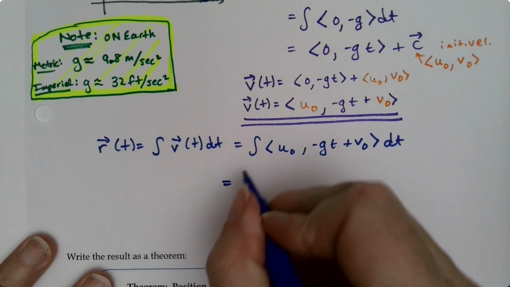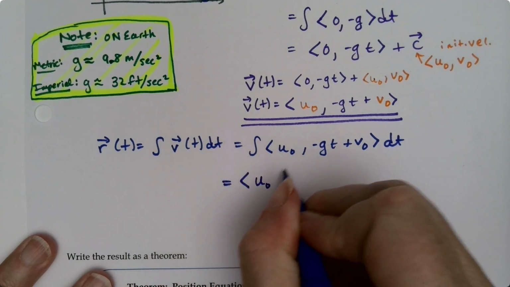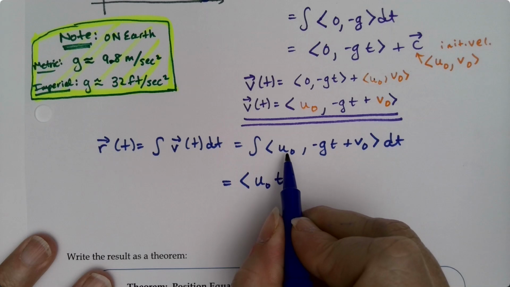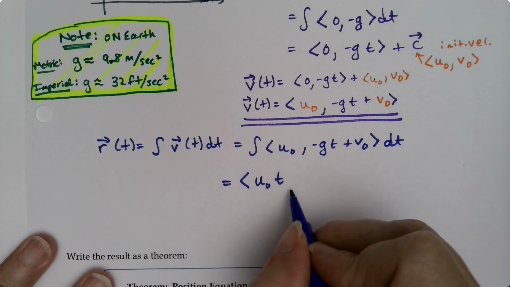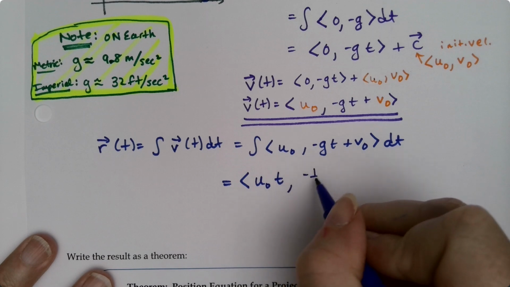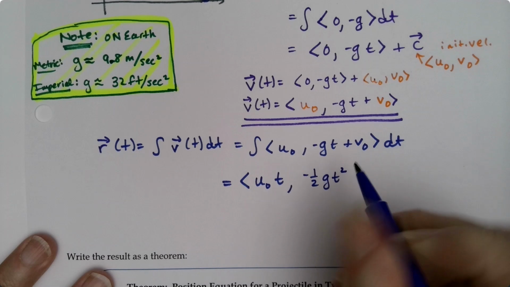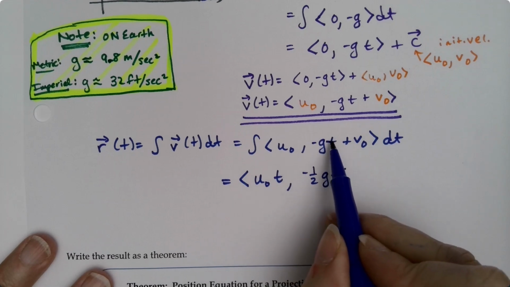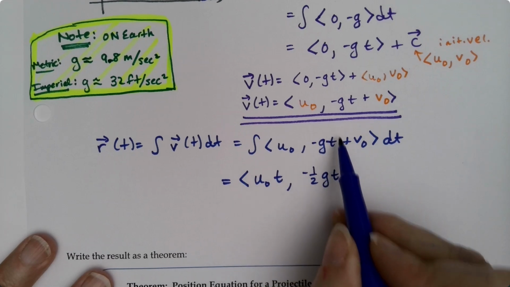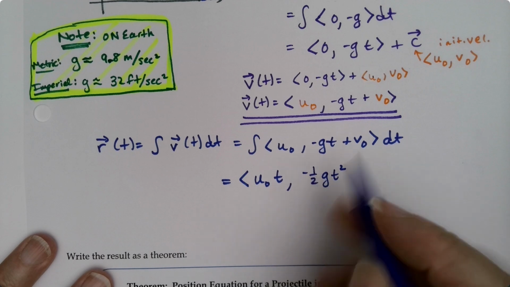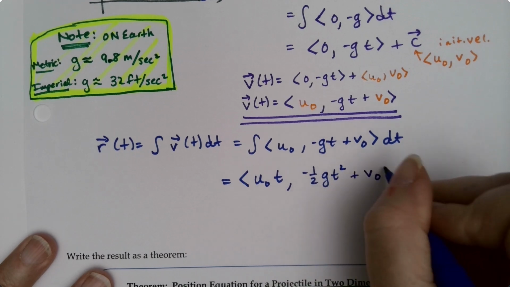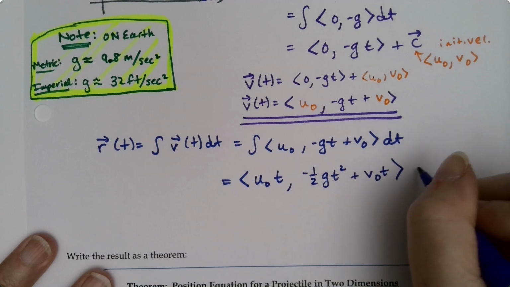All right, so that's u0 t. That's a constant, right? u0 is just some number, so I would throw a t onto that. And then this will be negative 1/2 gt squared, because you'll have to add 1 to the power. This is currently to the 1 power, so you add 1 and get 2, so it's a half, plus v0t plus